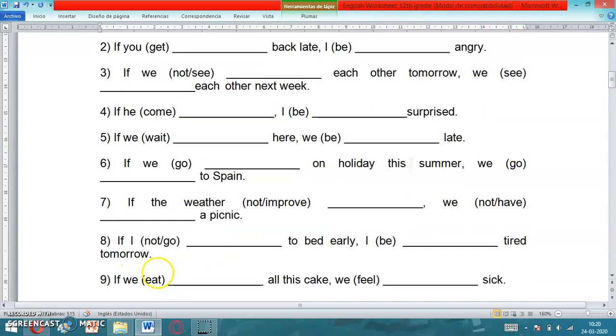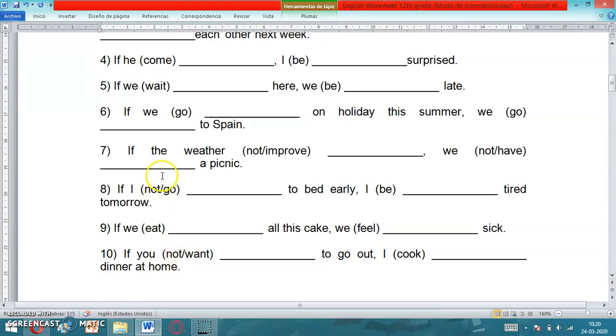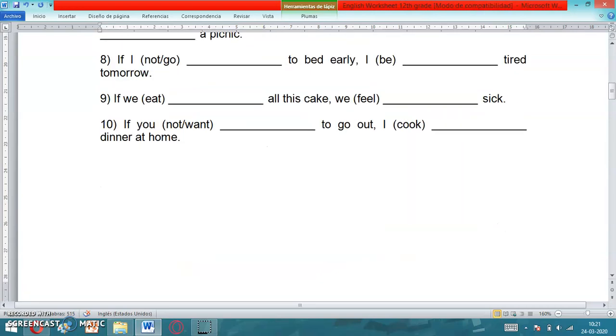Remember that, for example, here in activity 7, with third person singular, in this case weather, the subject would be it, you have to use does, the auxiliary does. Okay, in this case it would be, if the weather doesn't improve, okay, we will not have a picnic. Okay, continue